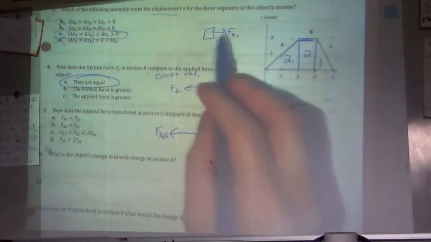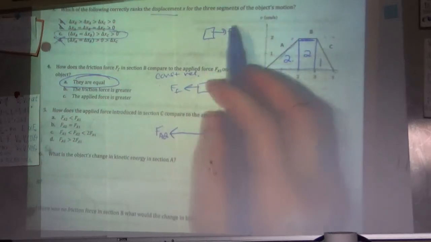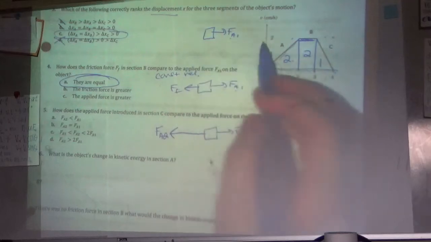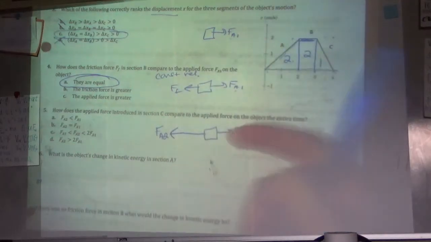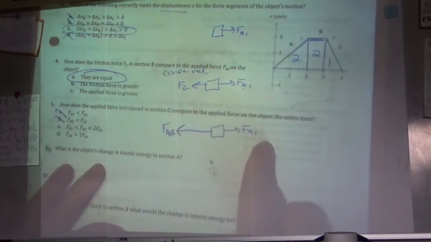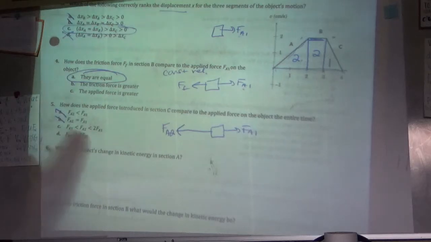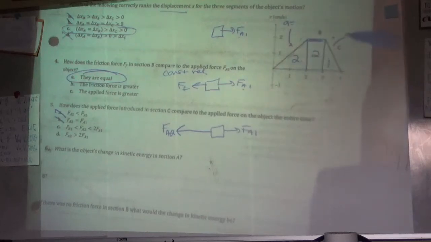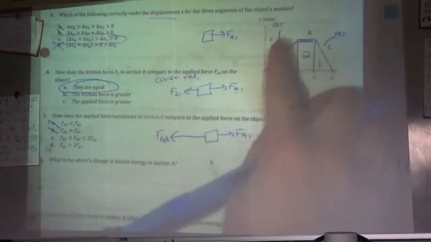Because if I had this force and it was speeding up, let's say it was going to the right, just positive direction, I was gaining in velocity. If I'm now slowing down, that means I have a greater force against me. So we can cross off A and B because we know that FA2 must be greater than FA1. And then by how much, we have to actually look at the numbers. So if we were to calculate the acceleration in both of these, that would tell me about the net force